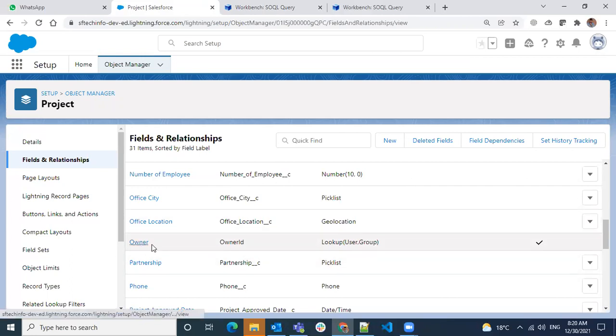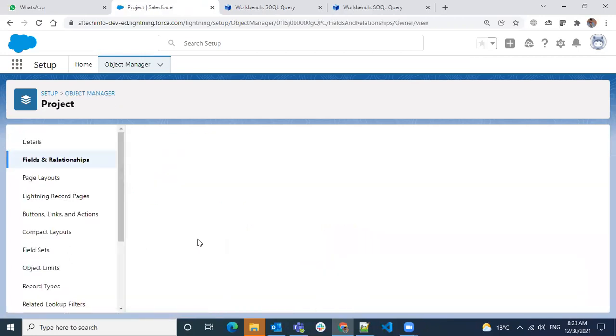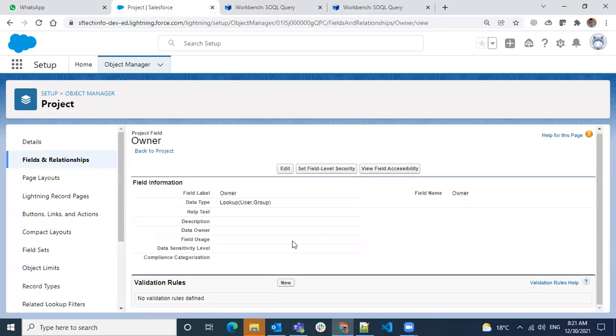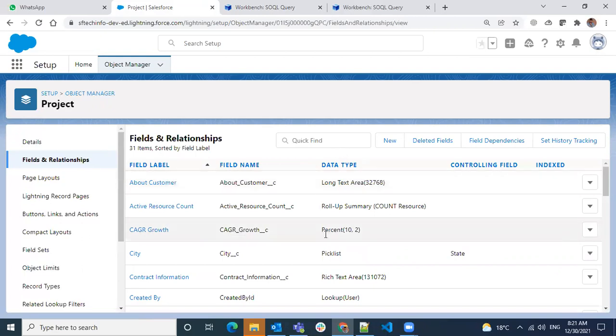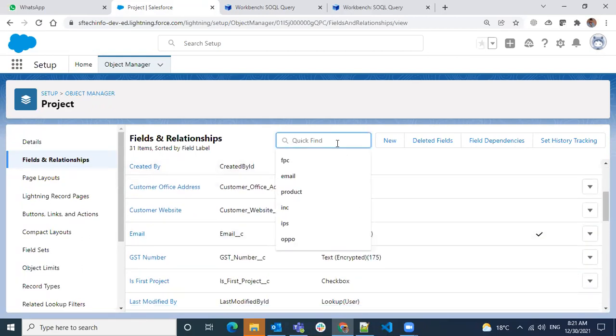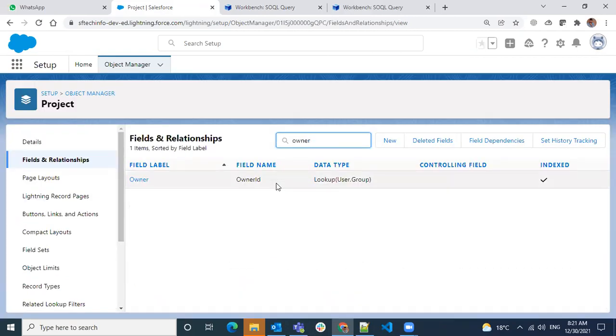In simple terms, for all standard relational fields, the API name of the field is owner ID. Then you have to just remove that ID from it, and that will be used as a relational field. Let me say it again. Let's say I have an owner field, which is a standard field.